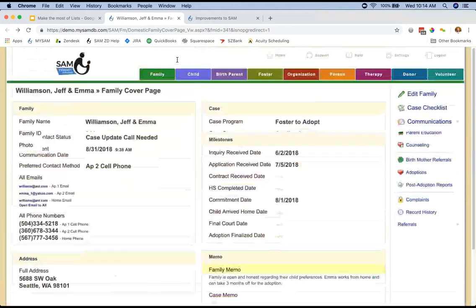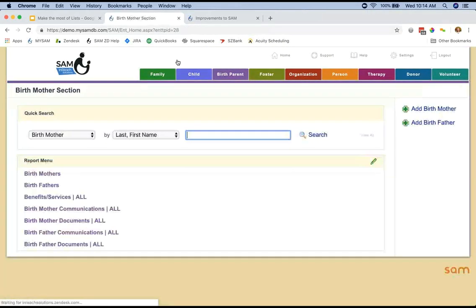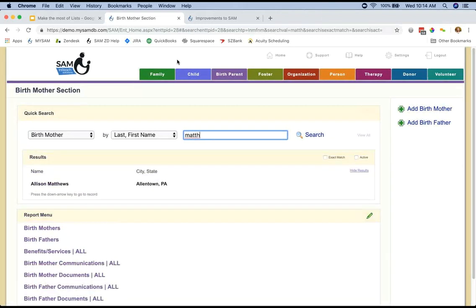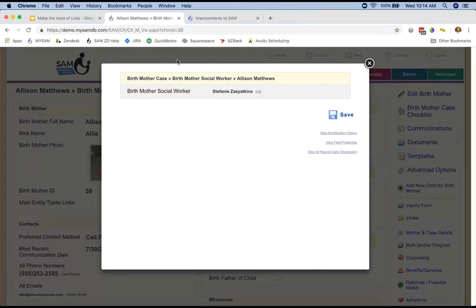Drop-down list. There's my big search list. Over here to a birth mother and find. Here we go. So the big search list is primarily used in SAM for connection to a person or an